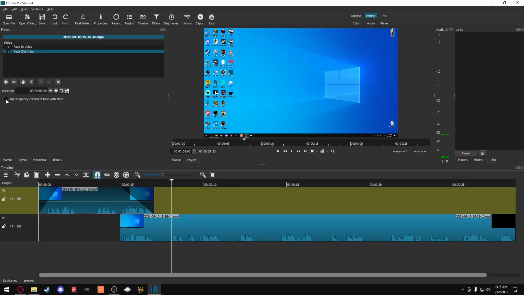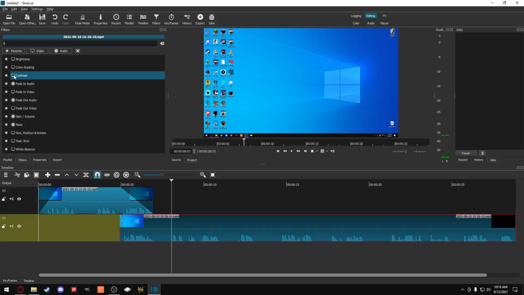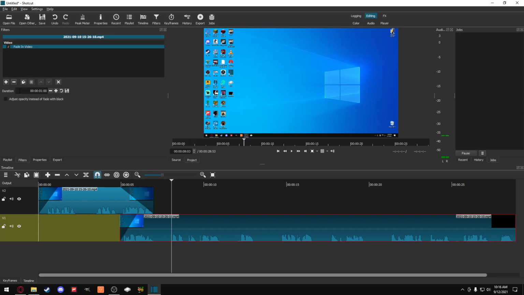You click adjust opacity instead of fade with black, and basically it'll overlay the videos together. It's kind of difficult to see because it's just my desktop background, but that's how you do that. You can also do the same thing on this one, but with fade in. And so now it'll fade, but the audio is still going to overlap, so this might